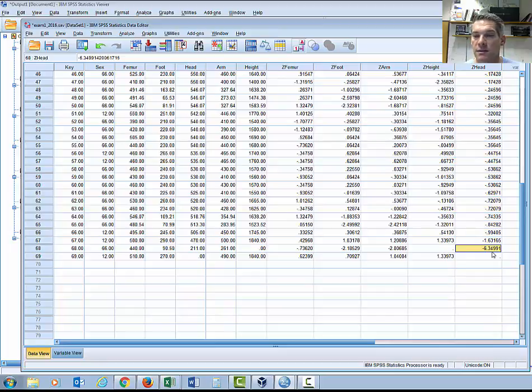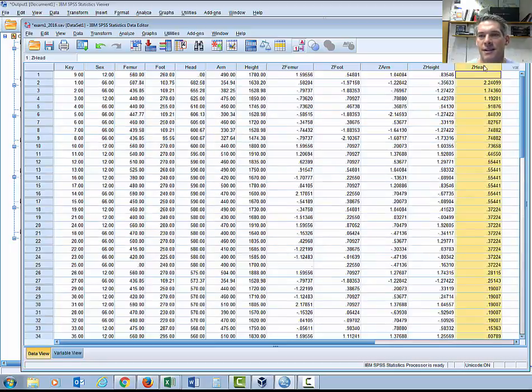Whoa, something's wrong here too, because look at this. -6. So someone has a 9 centimeter... These are millimeters, so a 90 millimeter head. That's about a little bit bigger than a grapefruit. That can't be right either. So I'm going to code that as a 0 as well. Just delete that again,